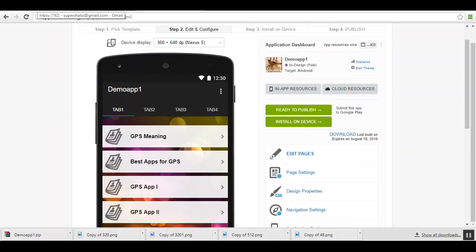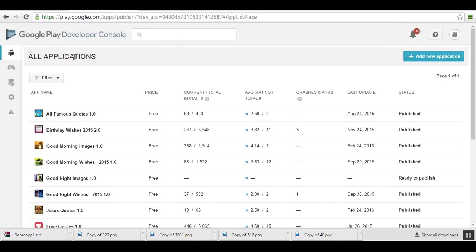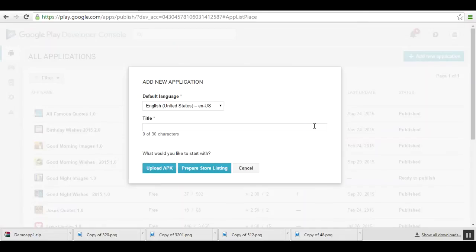The next step would be to sign into your developer account and straight away go to the developer console. When you are here on the developer console, add this application. Click on add new application. Give the title name. Upload APK.